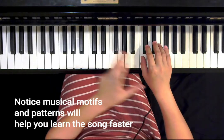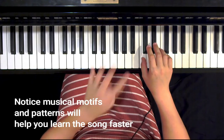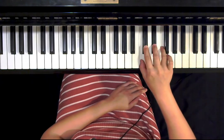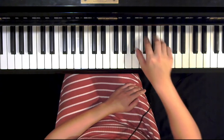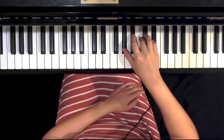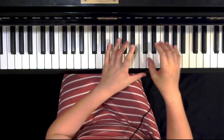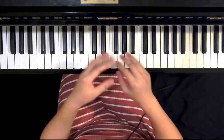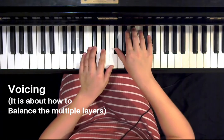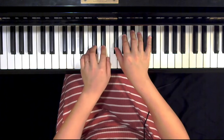So always notice the pattern. Starting from the second measure, third measure to fourth measure, Debussy uses this sort of parallel third, and that's how he creates all those moving lines. It almost reminds me of Bach actually. And then as we go on to the next phrase,